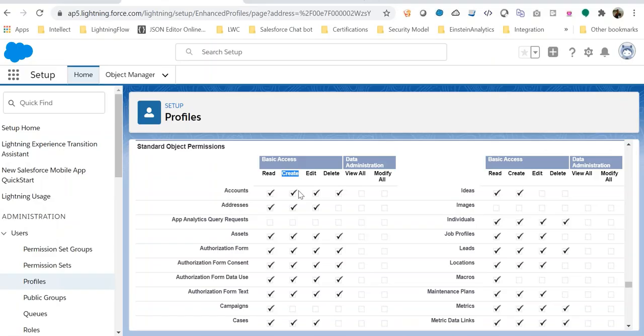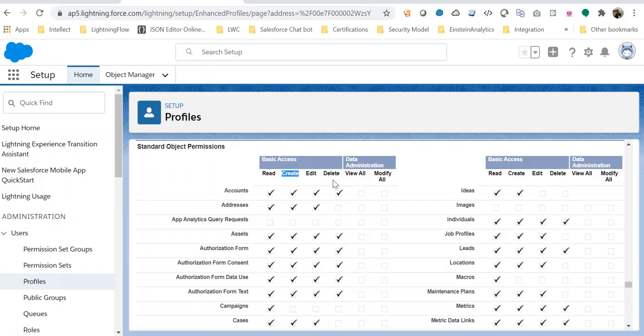And read, edit, and delete permission is also enabled, which means the user can read, update, and delete existing account records. But while reading, updating, or deleting existing records,